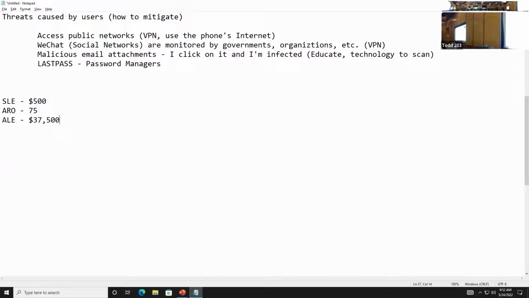We're losing $37,500. Okay, great. Now we've got opportunities to potentially do something about that, right? Someone's pitching a product to us to deal with these sorts of things. So if we continue on that worksheet, Richmond is thinking about buying insurance. Not a bad idea, right? So they can potentially not lose some of that money. We're going to use that annual loss expectancy number to determine the usefulness of this safeguard.